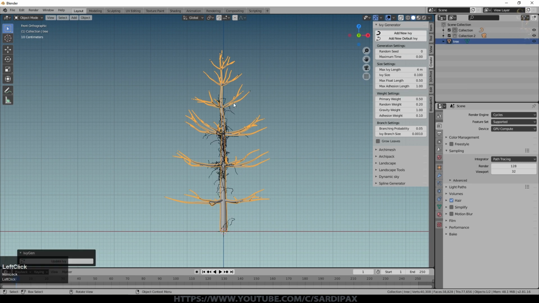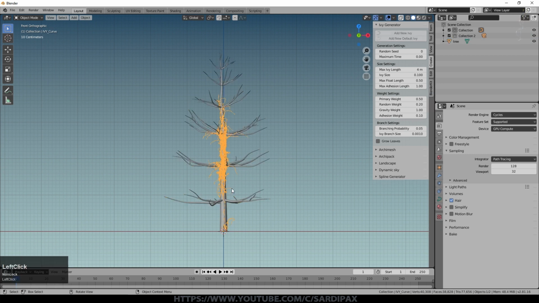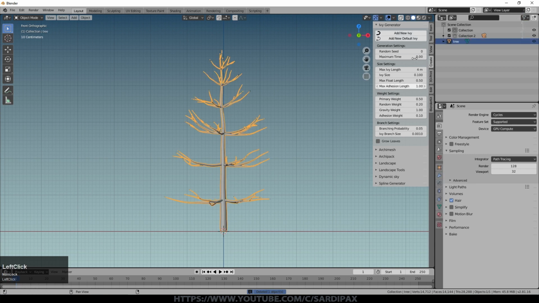And you can see we've got an ivy that's shot up the tree there, and that may be suitable. If it's not, with the old one you were able to sort of update it. With the current options, you have to just delete that ivy, reselect your mesh. You still got the same settings in here, so I'm going to go now for 5 meters on that. Maybe we'll go with a slightly smaller unit size for the ivy, and perhaps we'll go with a float size that's 0.75. And let's add new ivy now.